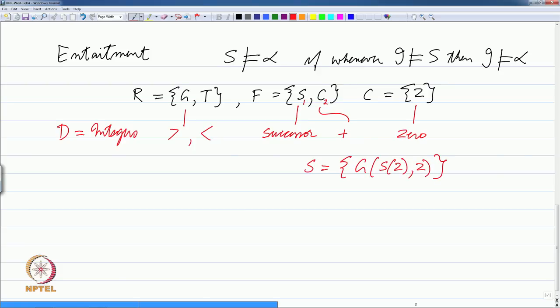Let us say some very small set of statements, only one statement in fact. Now, obviously, for this set S, my domain D of integers is a model essentially, because all I am saying is that I need some domain in which the greater than relation, which I am saying holds between the first argument and the second argument, where the first argument is the successor of the second argument, is true in integers. So, in integers this formula is true. Therefore, this domain is a model for this set of formulas.